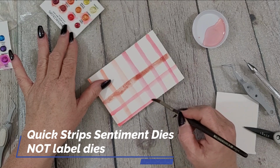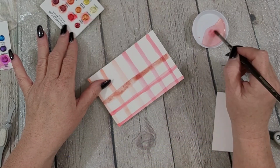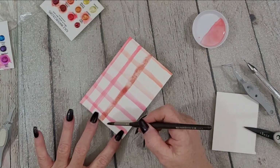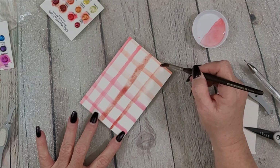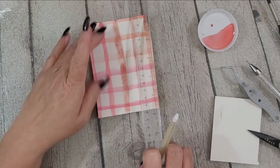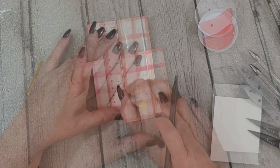And here I am just making a third card. I decided I made two, I may as well make another, and I started to just do some really simple watercolor stripes, but then I decided, ooh, I haven't done a watercolor handmade plaid in a while, so I just went for it. So I have several different colors of paint laid down,